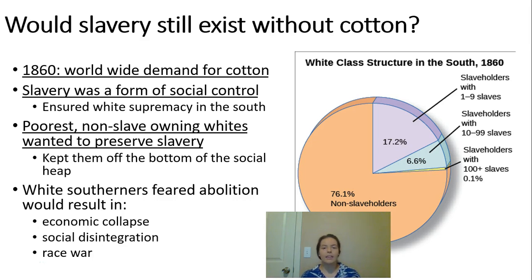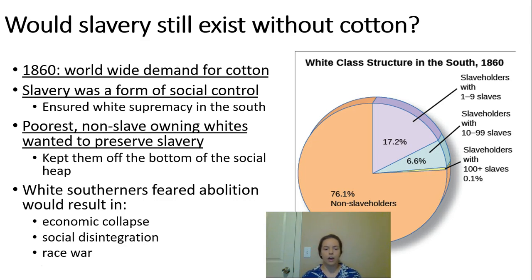So the poor whites needed slavery to keep on going because if slaves were going to be equal with whites, then they feared, well, am I going to become inferior? Can I get lumped into that social group who is not going to have the same opportunities? So they wanted to make sure that they were not at the bottom of the barrel. And another thing, white Southerners in general feared that an abolition of slavery would result in an economic collapse,